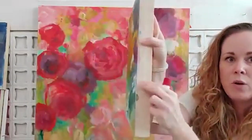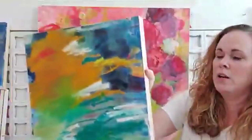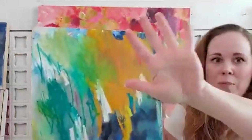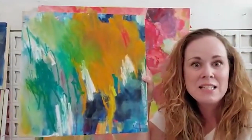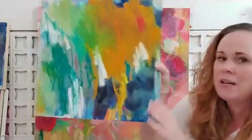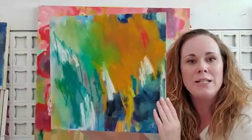So this is a cradle board. If you've ever used cradle board, it's basically a board made to look like a canvas. Look, the whole thing has all this. It's oil paint. It's done. It's set. In a matter of like 2 days, this was completely set. And, you know, this wasn't really even meant to be a finished painting, but what I did was I put on